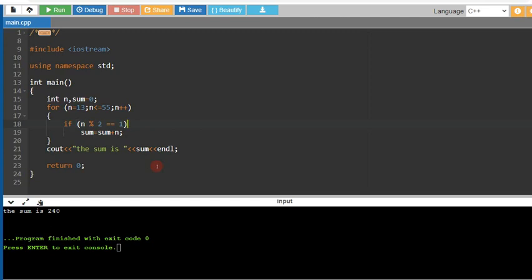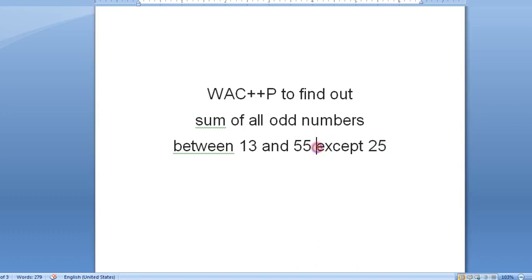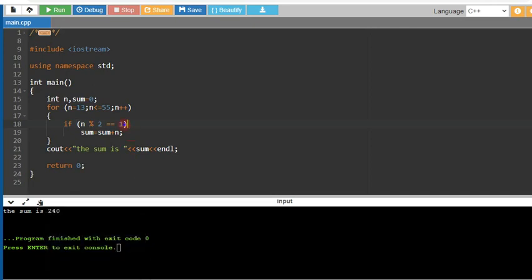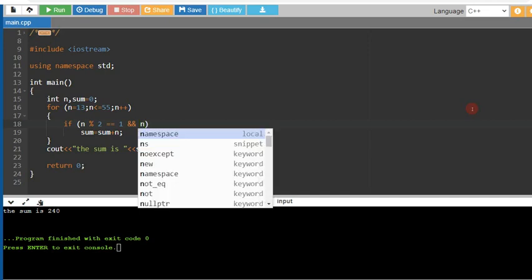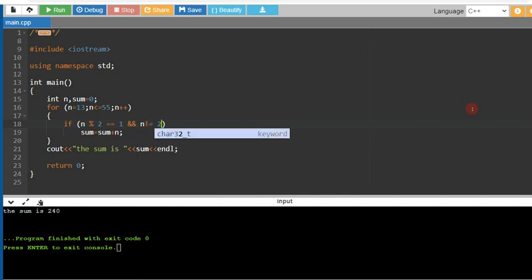Okay students, now what to be included, what to be excluded? We don't want to find the sum of 25. So how can we exclude 25 from here? We can write the and operator: n not equal to 25. Try to understand this concept, this is a little new.